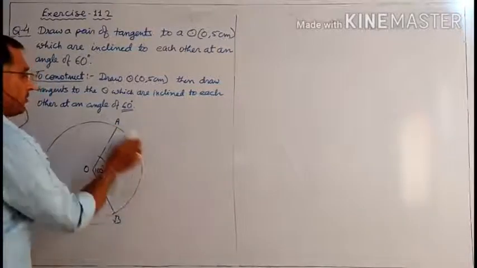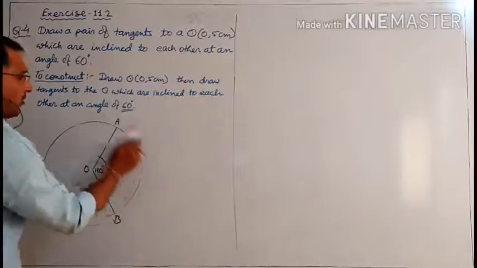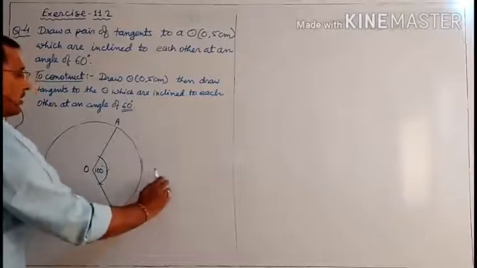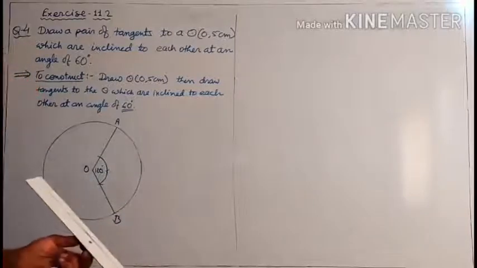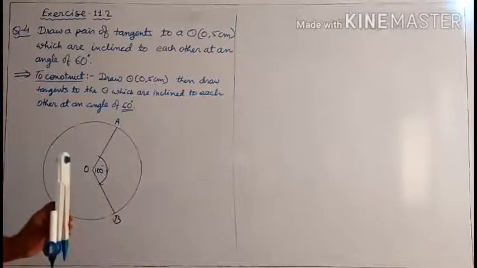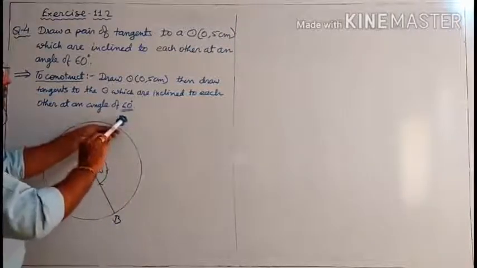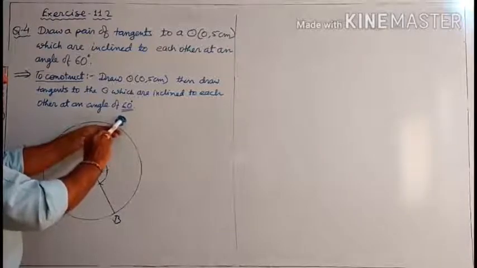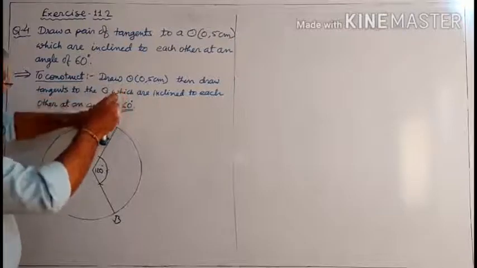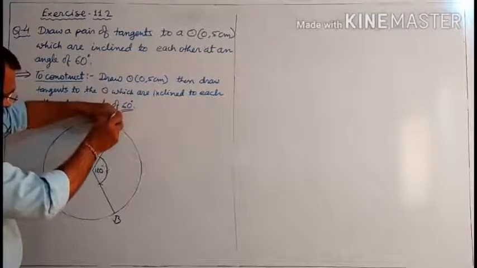When we draw the line segment, this is a radius OA, and if we draw a perpendicular to that, then it is a tangent. Same way here also, perpendicular. So they meet at a point and they must form a 60 degree angle. So to construct 90 degree at A and B, we have to take A as a center. Here this 90 degree we have to draw this side. So first of all we have to draw the